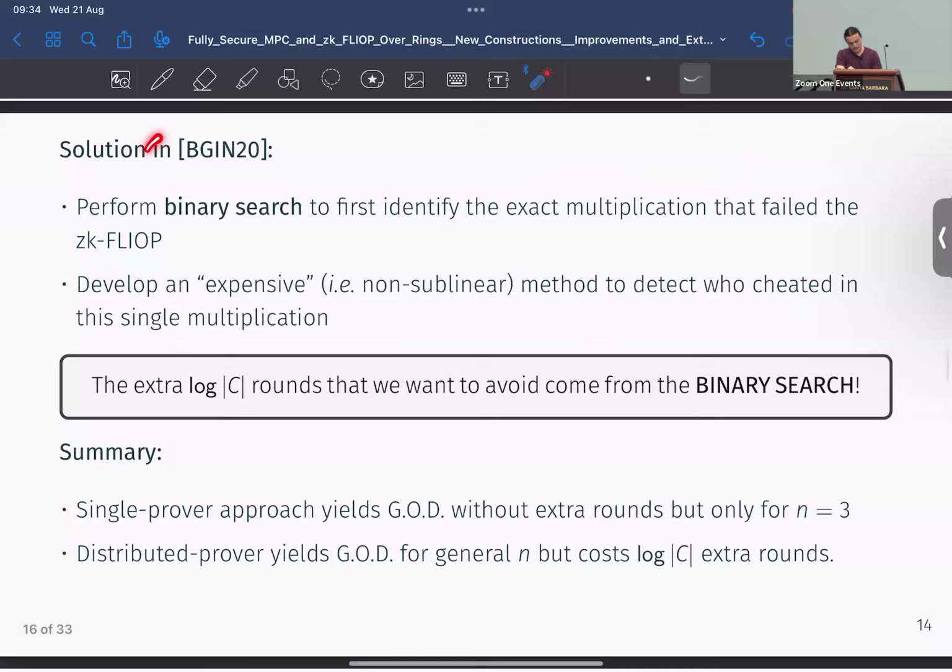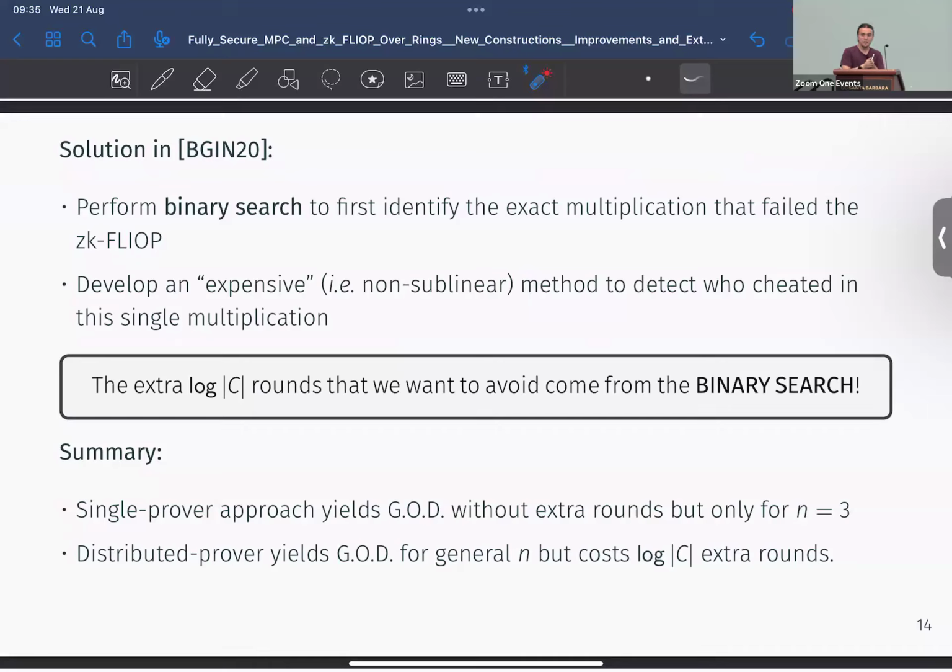So the solution in this recent work, again, I showed the citations towards the end, is to first perform a sublinear check of all these huge amount of multiplications, millions of multiplications, to see if they're correct. And if they're not, we're going to start bisecting, making a binary search to find what is the multiplication that failed.